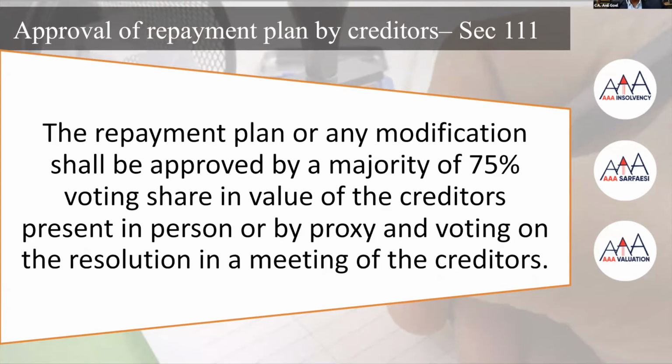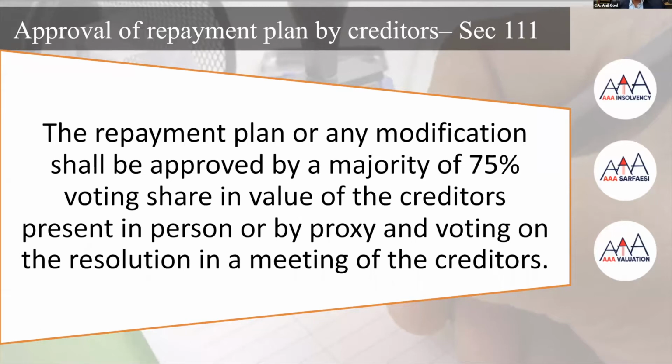100 is the total. 80 are the persons present in the meeting, virtually, in person, or by proxy. However, only 70 voted. Voting also includes abstaining or saying no. Then 75% would be considered of 70, meaning those present in the meeting and also voting. On the other side, in case a person is not present in the meeting in person, virtually, or by proxy, then he would not be entitled to vote.